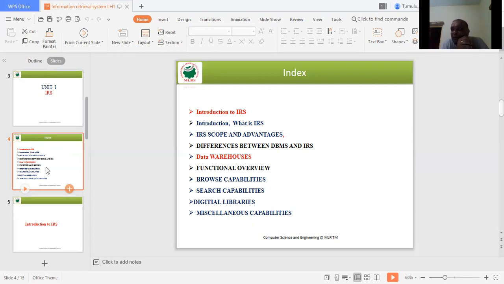Whenever the information is retrieved from the retrieval system, here the system is a collection of programs. So how is the retrieval process done? The information which you are going to search in the system, that system has some programs, and the system drives you to that particular information which is stored in the server. In that way, we can retrieve that particular information. When we are retrieving, what is the scope?